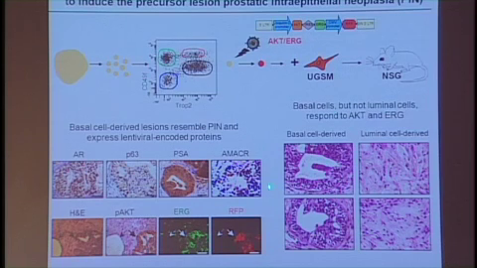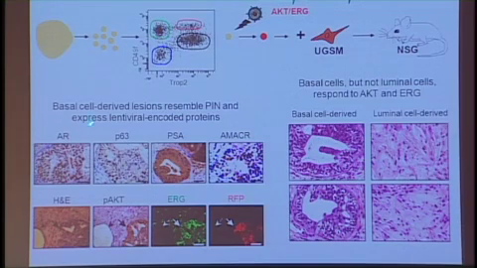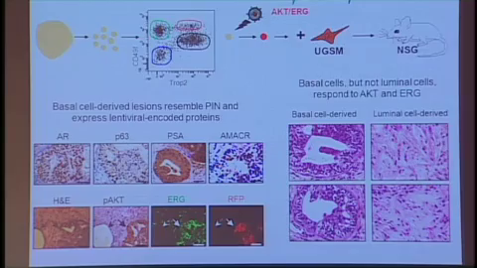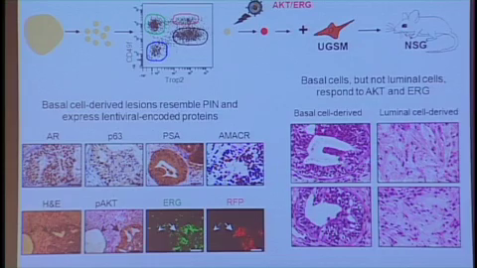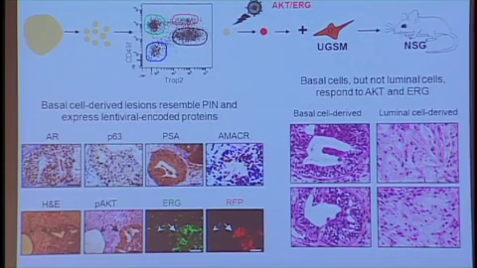Here you can see basal-derived tubules coming only from the basal cells, none from the luminal cells. And these have achieved the histological structure that we'd refer to as PIN, really indistinguishable from the PIN lesions one would find in a human patient. And here's all the markers that goes with it. The important markers is that they're AR positive, P63 positive, to a certain extent, PSA positive now, that critical human marker that delineates the prostate lineage, and a gene called AMACR, which is associated with the early progression, and so on. Well, if we could make PIN, could we make cancer?